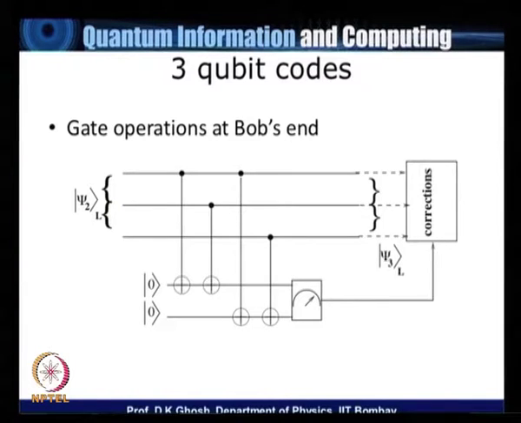Now, what is happening in this slide is that the ancilla bits have been changed by whatever I illustrated just now, and this situation comes here. I will work out how the ancilla changes, but at this stage Bob will do a measurement, and depending upon the state of the measurement, he will do some corrections on the bits that he has received. So let us look at what Bob does and what are the possible results of Bob's operation. So Bob's operation will now generate what we will be calling psi 3.